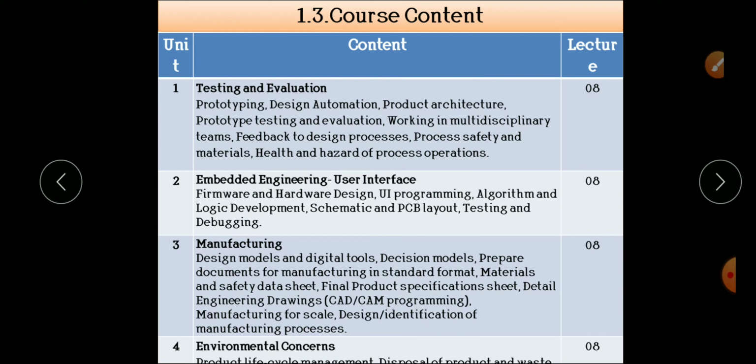Course content. Unit number 1 is testing and evaluation, 8 lectures: prototyping, design automation and product architecture, prototype testing and evaluation, working in multidisciplinary teams, and feedback to design process,